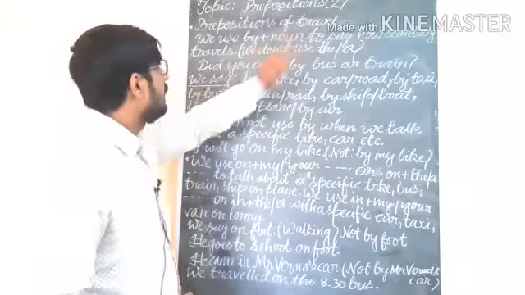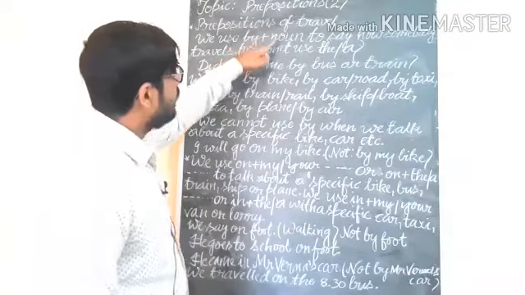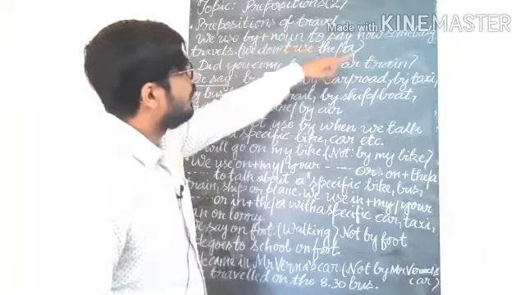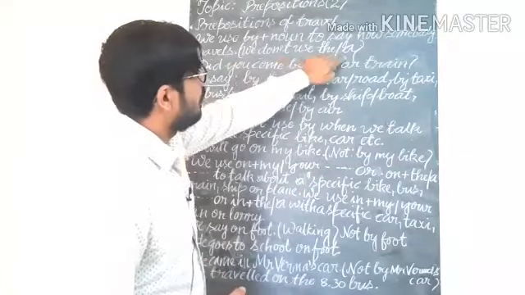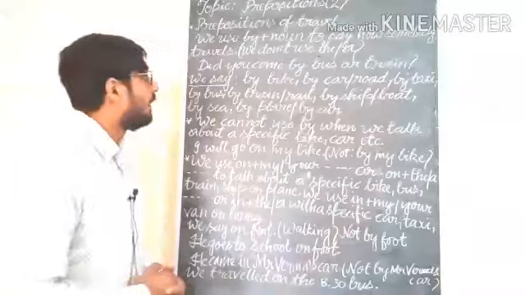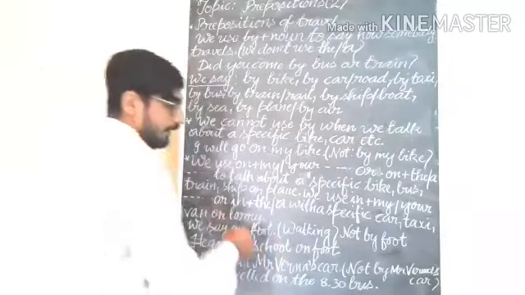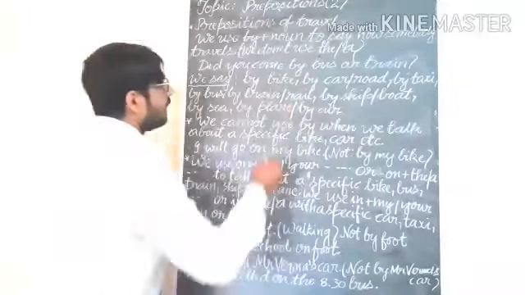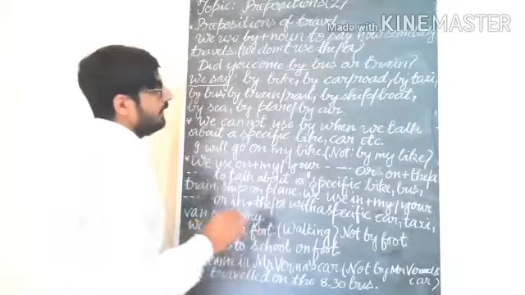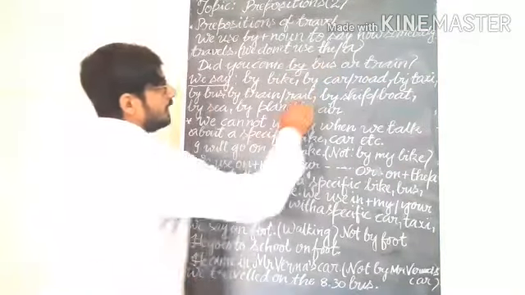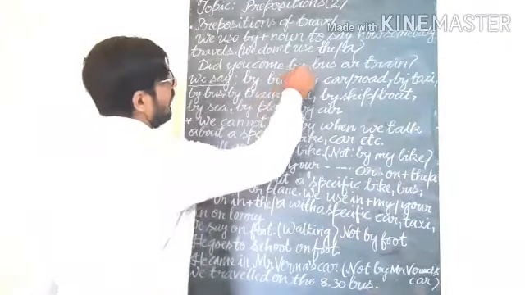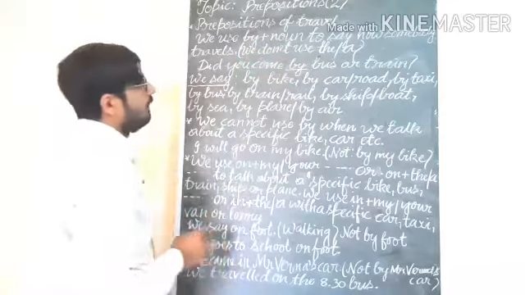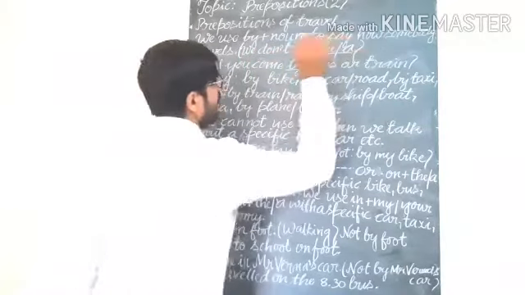Prepositions of travel. We use "by" plus a noun to say how somebody travels. We don't say "the" or "a". Look at the example: Did you come by bus? We use "by" with bus or train. So we are using the word "by" here to say how somebody travels. We don't use "the" or "a". Understand?